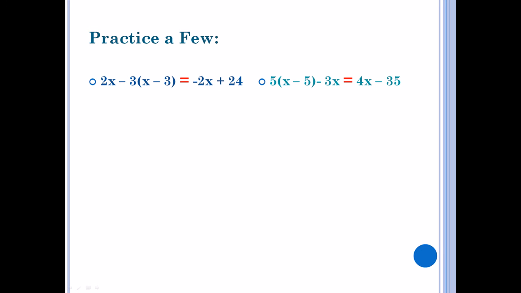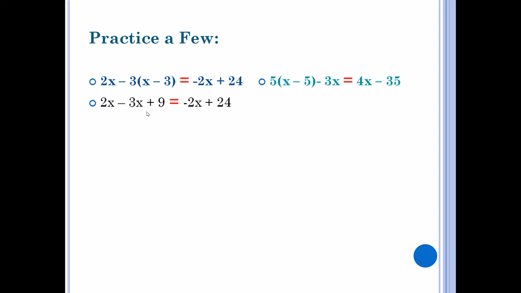Welcome back. It is now time to talk about how to solve these two fabulous problems that you have been working on. And as we spoke prior to you pausing this video, we knew we needed to do the distributive property. So we left the 2x alone. You did negative 3 times 1x, which is negative 3x. And negative 3 times negative 3 is positive 9. So you just ignored the negative 2x plus 24. Thank you for ignoring it, because you have to clean this side up or simplify it before we can deal